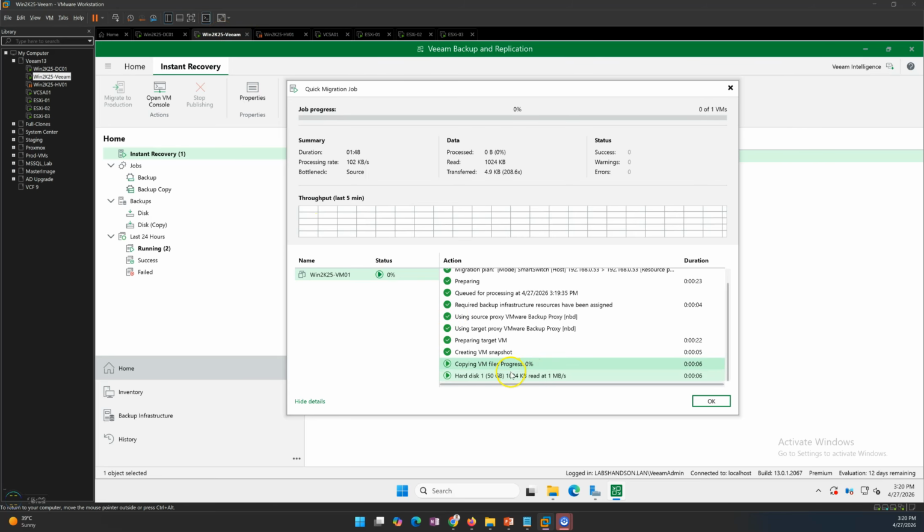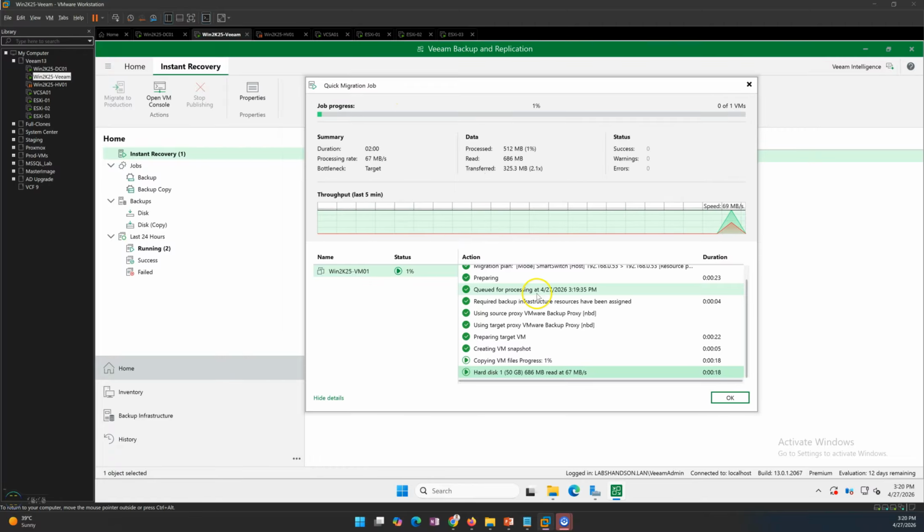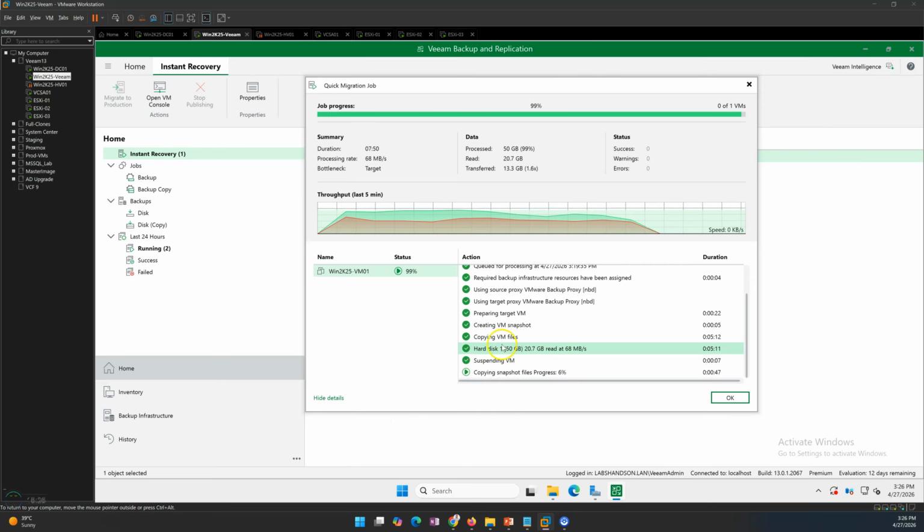And now you can see the creating virtual machine snapshot and copying the VM files has started, and this is the hard disk which is getting transferred by using the quick migration job. So I'll go ahead and pause the recording here, and once the machine is migrated and we reach 100%, I'll resume from there. So now you can see the data is copied and suspending virtual machine has started, and